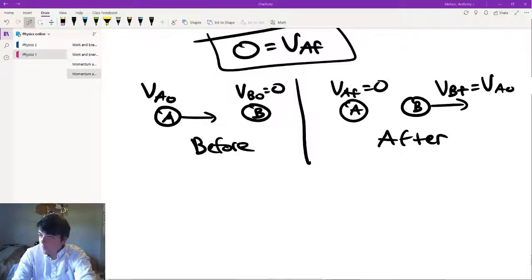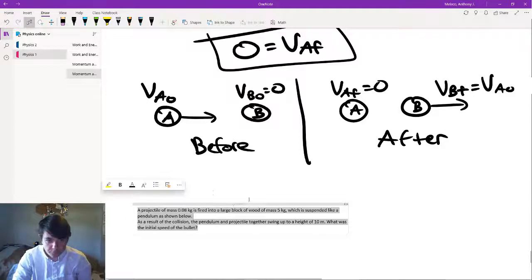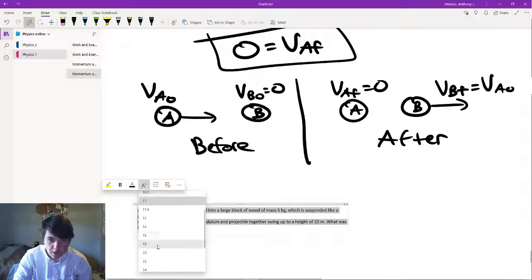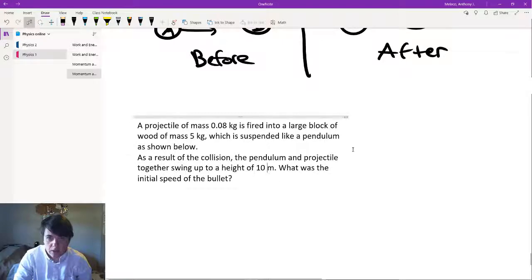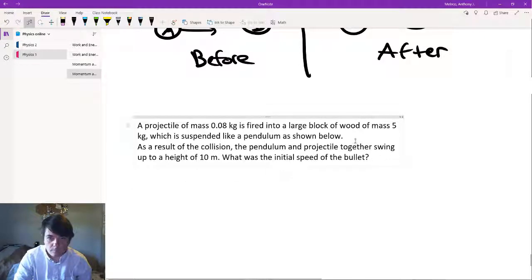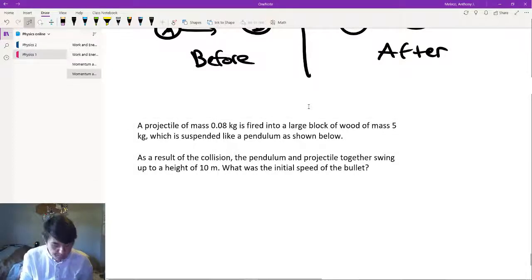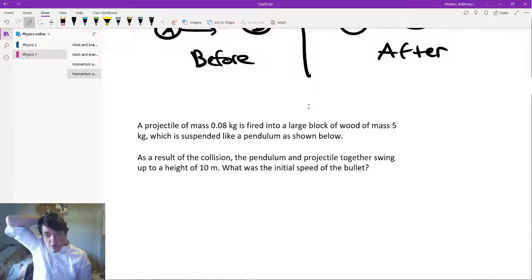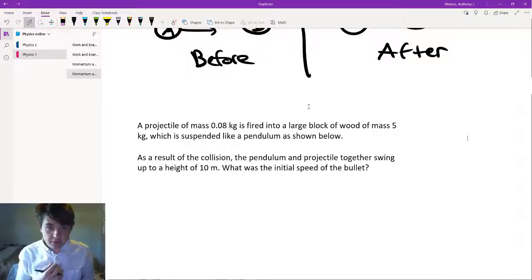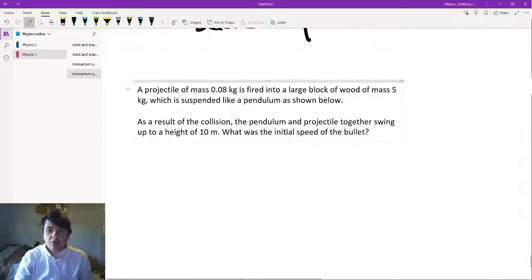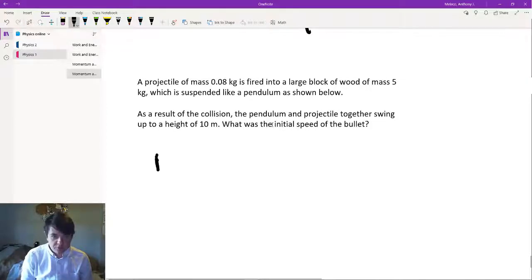Okay, so we've got 2 problems left, and unfortunately they are the most complicated problems. There's a 2-dimensional one that we're going to do, and then there's another like this one, which is kind of a lot, but let's see how we do it. A projectile of mass 0.08 kilograms is fired into a large block of wood of mass 5 kilograms, and it's suspended like a pendulum as shown below. So let's go ahead and draw this for you. Before the collision, after,